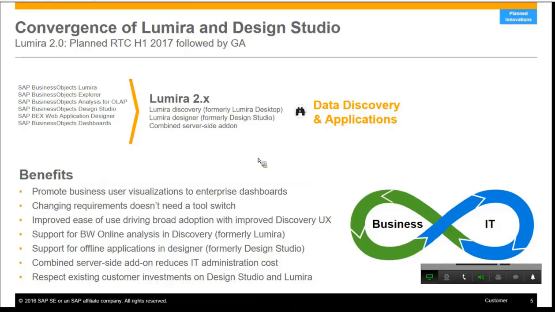Just to summarize, as part of Lumira 2.0, we plan to deliver interoperability between business and IT users to work together by delivering the capability to extend the stories created in Discovery using the components, the scripting, and the CSS capability we have in Designer to help organizations where the business users can analyze and find the insight in the data, and application developers can take up that story,